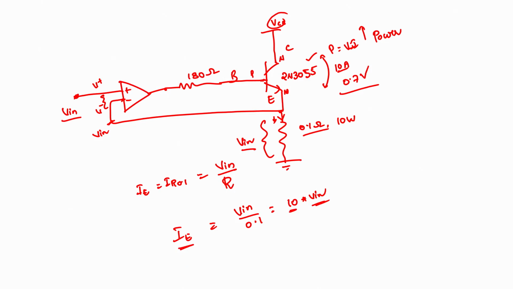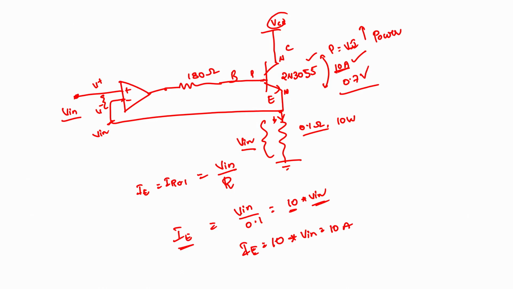So, if you recall the 2N3055, when you look into the 2N3055 data sheet, one thing we can clearly see is the maximum current it can operate at. When you see that, it is somewhere around 10 amps. Since it can operate only at 10 amps of current, more than that it will get damaged. So, the IE maximum value should always be 10. In order to achieve that, the maximum range of Vin should always be 1, so that we will get the IE current as 10 amps.